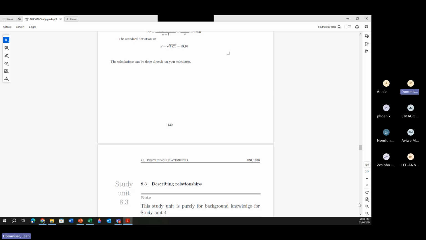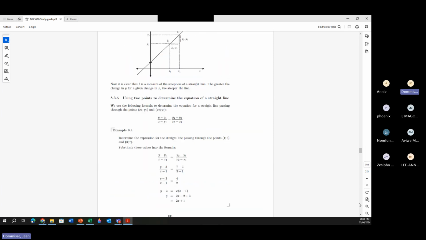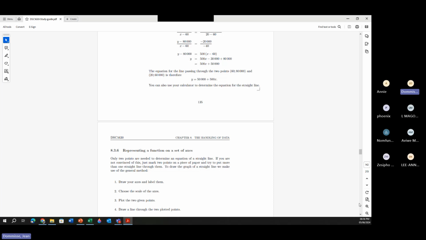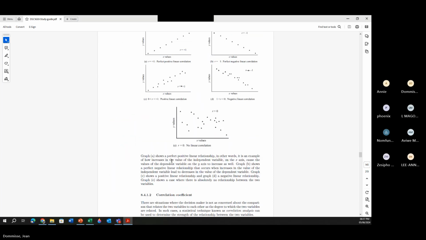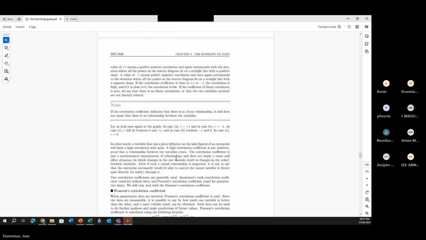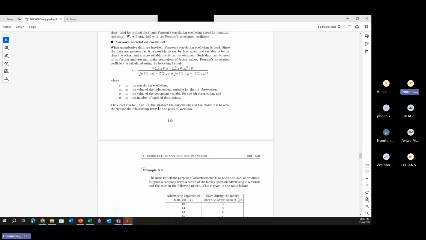So let's quickly get to the regression line. If we needed to work that out with the data, okay, so this is the formula if you want to work out the correlation. So not even just the straight line. So if you wanted to work out the correlation,